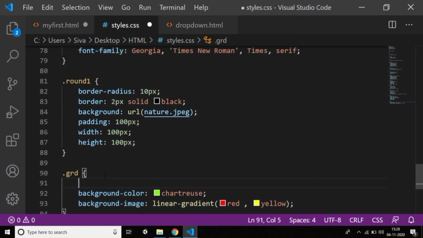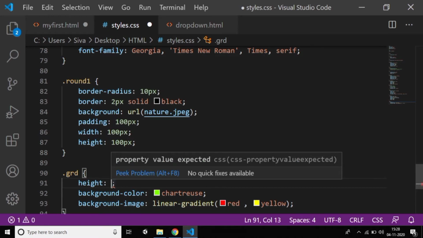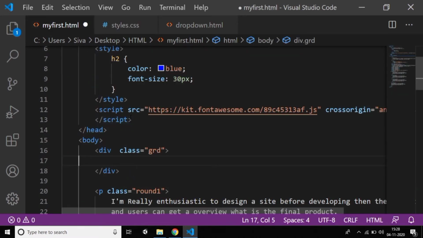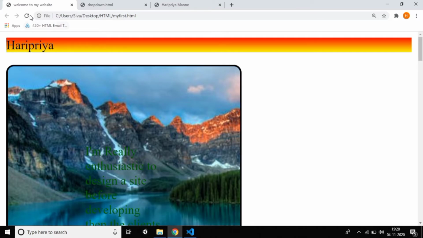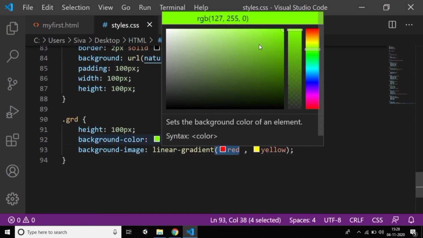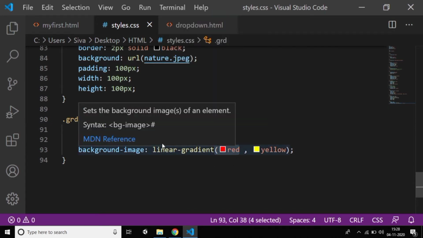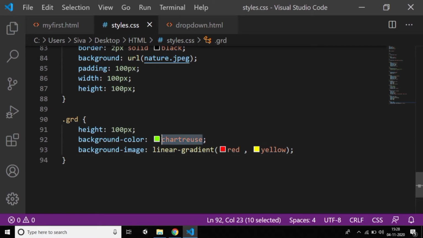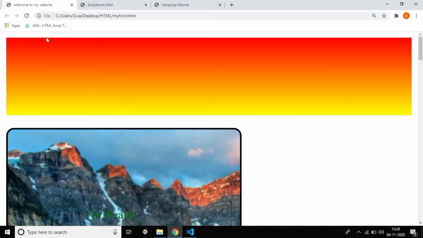Just close it. You can give a height here, just give a height of 100 pixels. You can give green and yellow, the mixing. So just copy this one and paste it here instead of red, press Ctrl+S and reload, and you can see the green and yellow mixing.